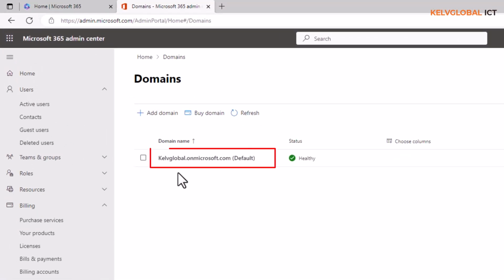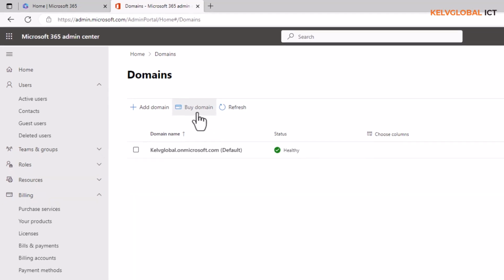here you can see we have the domain called kelvglobal.onmicrosoft.com, and that is the default domain name which was actually assigned to me when I created this free tenant. But you have two options, for example, to add a domain name you already purchased or to buy a domain name. If, for example, I want to buy a domain name, I don't have a new domain, I can just click buy domain,